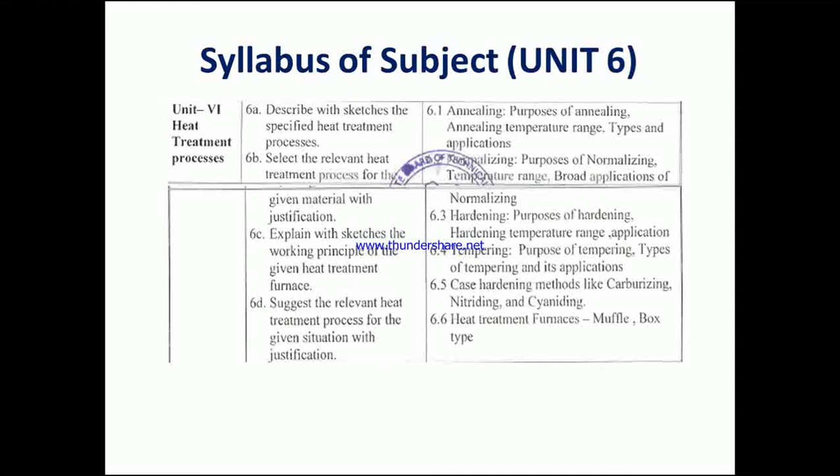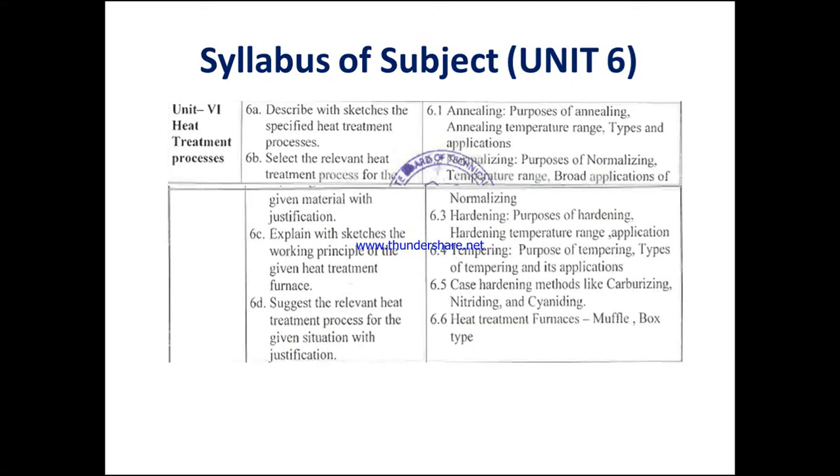And the last unit is the heat treatment process. Now actually this unit, heat treatment process for metals, is used for both ferrous and non-ferrous metals, but the use of this heat treatment is to enhance or increase the properties of materials. After alloying also, if we have to increase the properties of a material, then we have to do heat treatment on the materials.